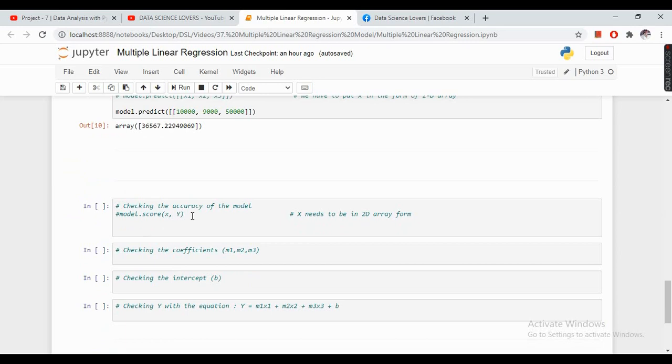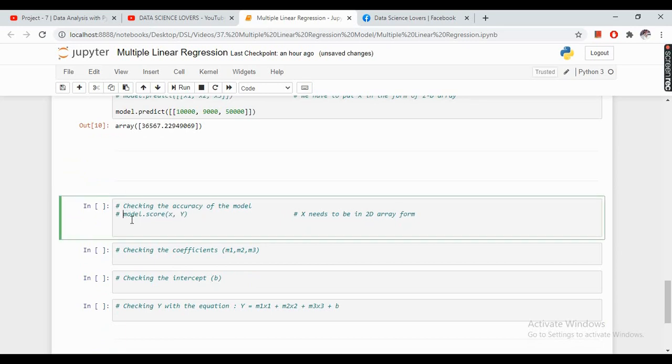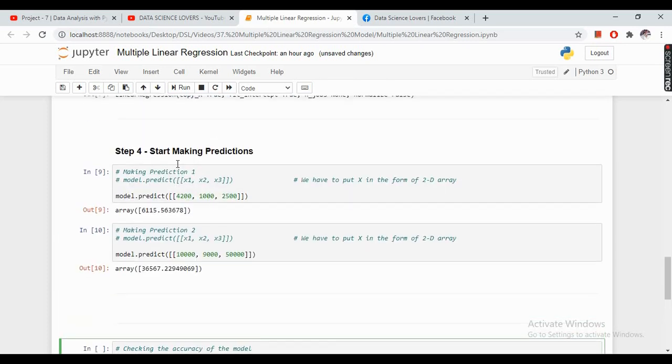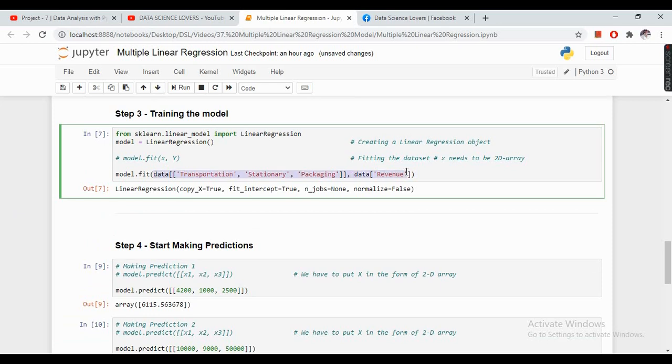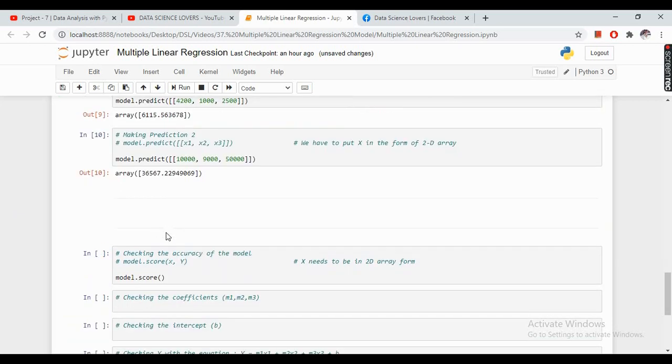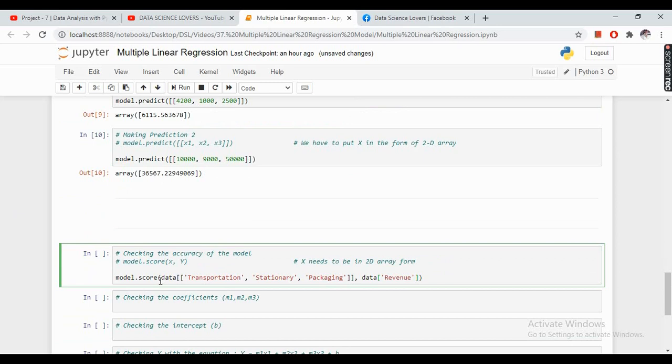Now if we want to check the accuracy or score of our model, then we can use this syntax model.score x and y. Model.score, here also we have to put x in the form of a 2D array. So I will copy this only. This is my x and this is my y, and paste here.